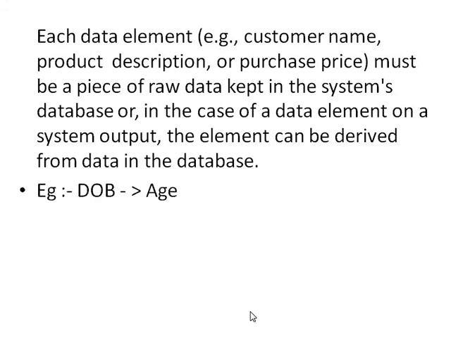One easy example I have given here is how age can be derived from the date of birth. In this example we can take the number of days taken to deliver a product. So how can you derive that data as output? With the help of the order date and the delivery date, we can derive a new output, which is the number of days taken to deliver that particular item or product.